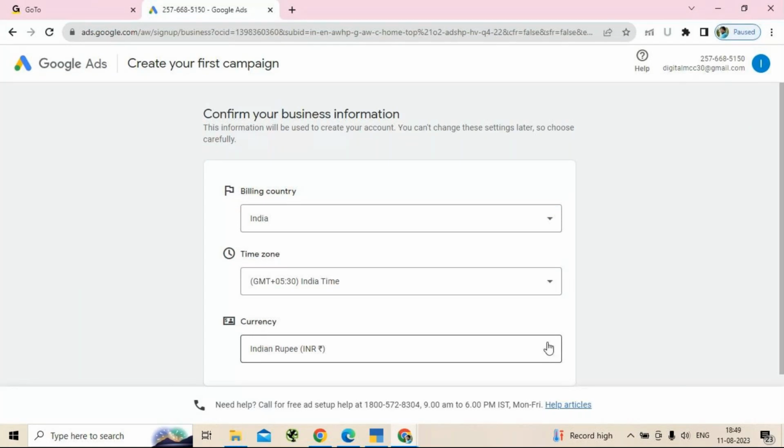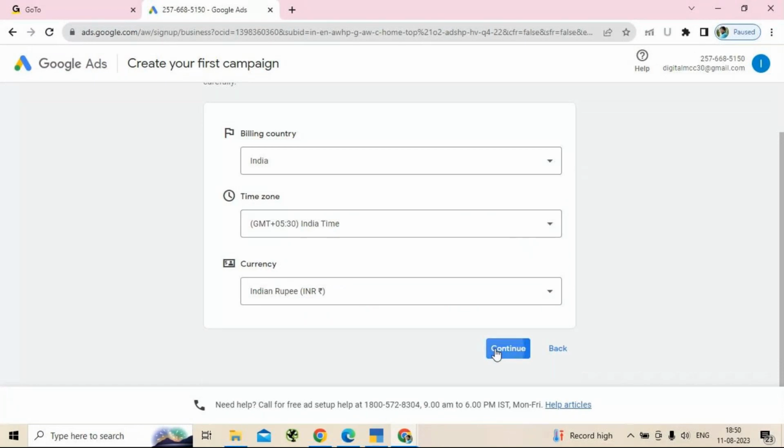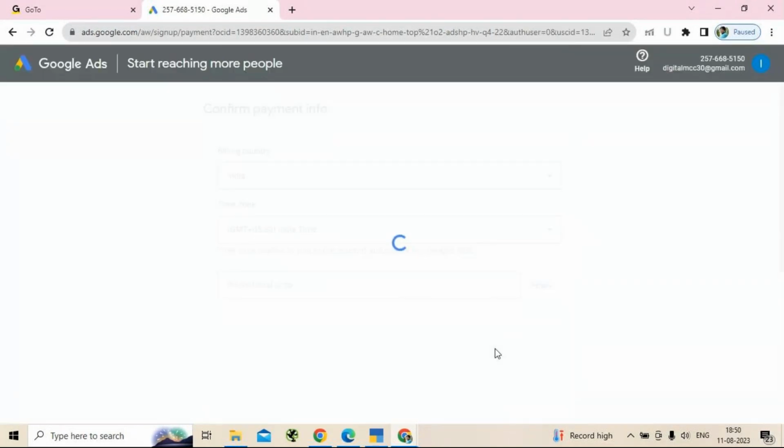Okay. So once you get logged into this account, do not start the campaign immediately. If it is asking for any option, make sure that if you find an option to skip the campaign creation, like how I got it, you click on skip the campaign creation. Or if you scroll down, there may be an option such as switch to expert mode, or switch to professional mode. Keep on that option.